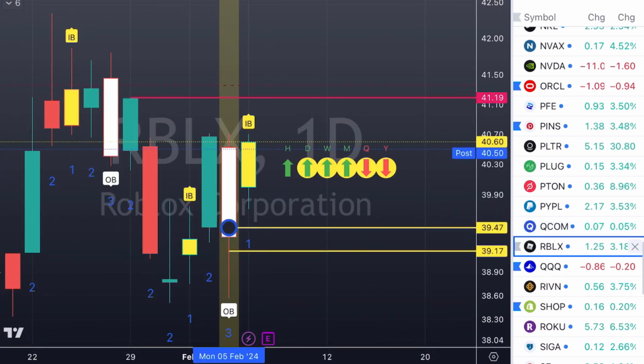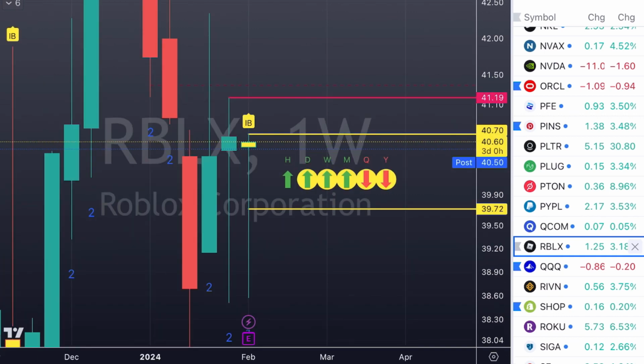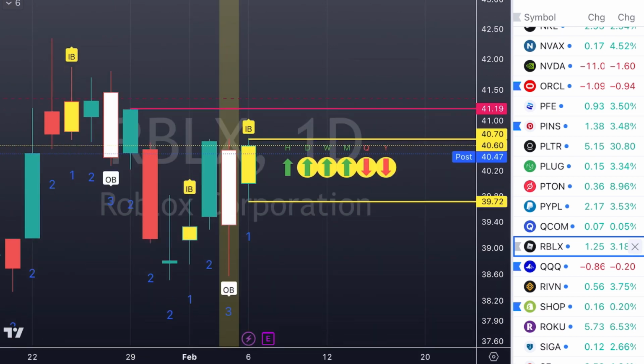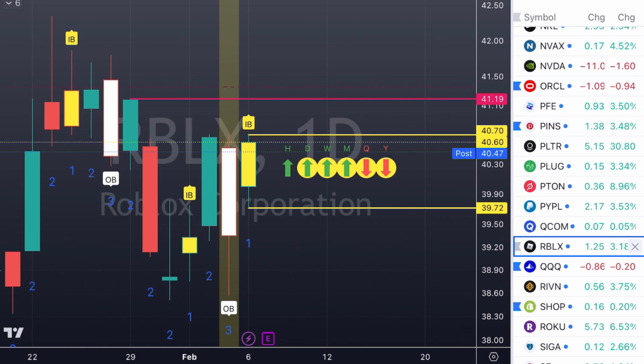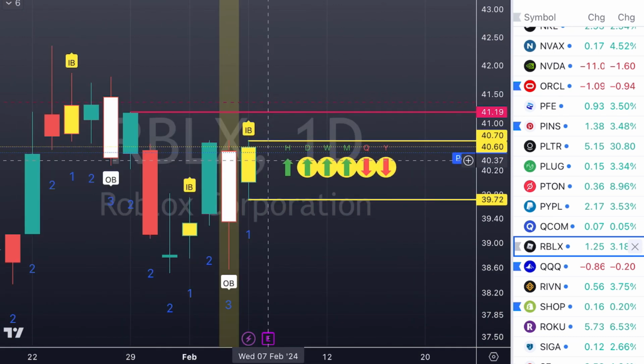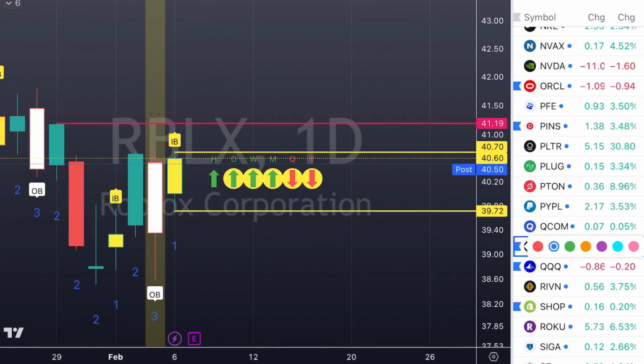Roblox. Okay, 3-1 setup on Roblox. This is the trade I took earlier today. If we look at the weekly, or sorry, not Roblox, it was Roku. But we go back to this 3-1 setup. We look for the trigger to the high side, the low side. We go to the weekly. We're still looking to trigger that weekly right here. So we have that potential. If the daily triggers and hits targets, this can turn into a swing trade on Roblox.